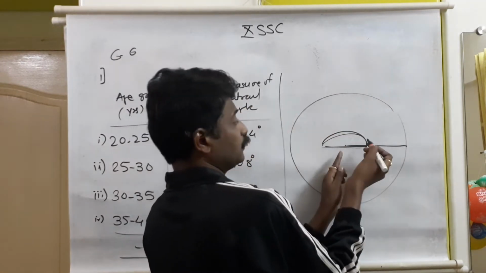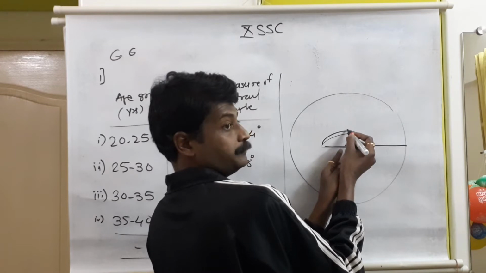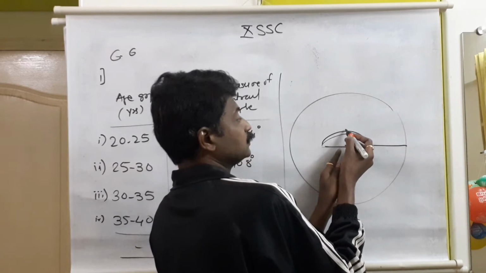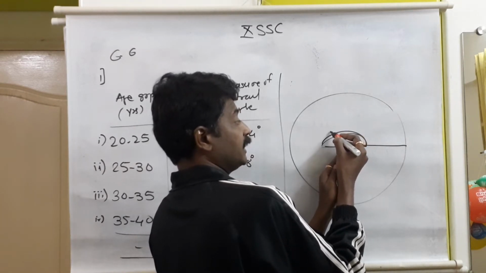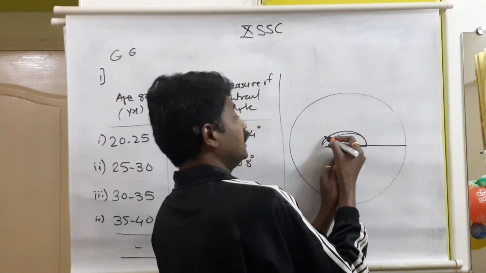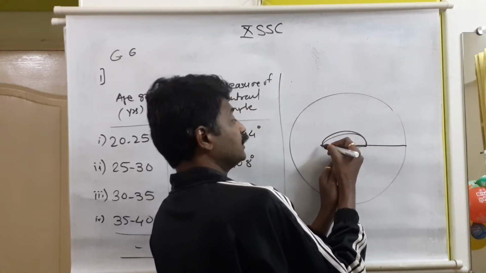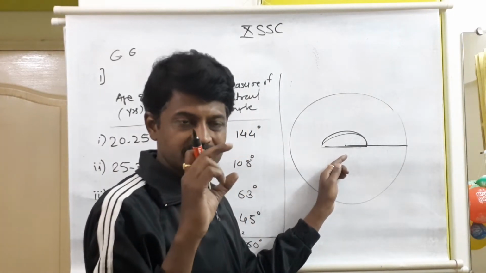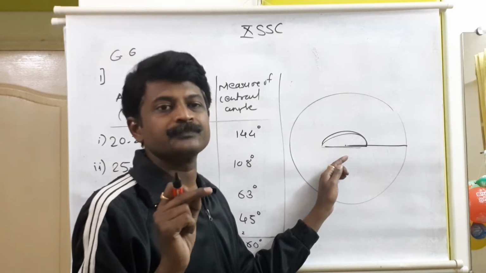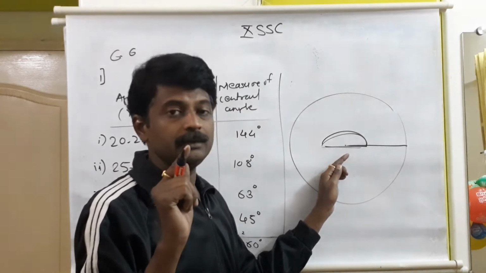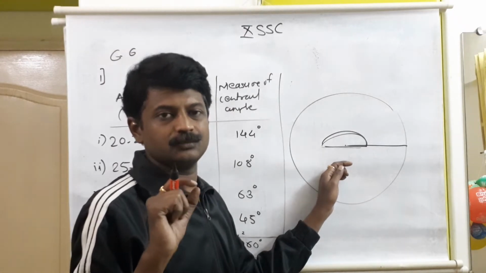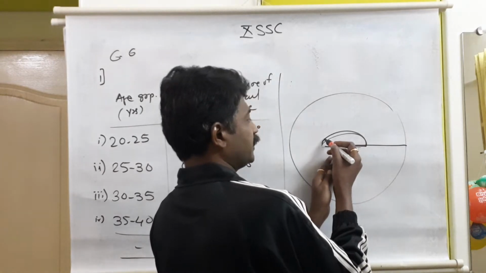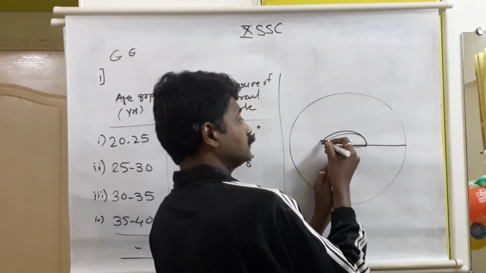Okay, 144. So if we count from this 0, 90 will come here. Then 180 is here. 144 is less than 180. So after 90 it will be 100, then 110, 120, 130, 140. Between 140 and 180, we have small lines, like in a centimeter scale, 1 centimeter carries 9 small lines. Every line is 1 millimeter. In the same way here, every small line carries 1 degree. So after 140 to 150, at the fourth small line, dot it.